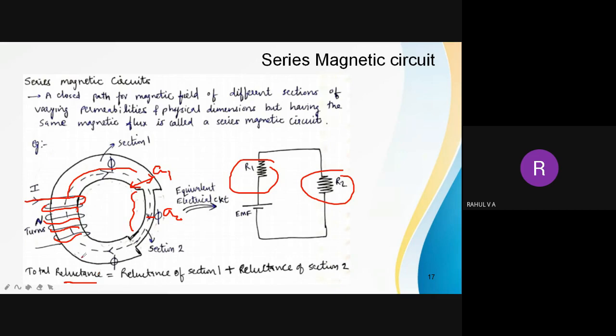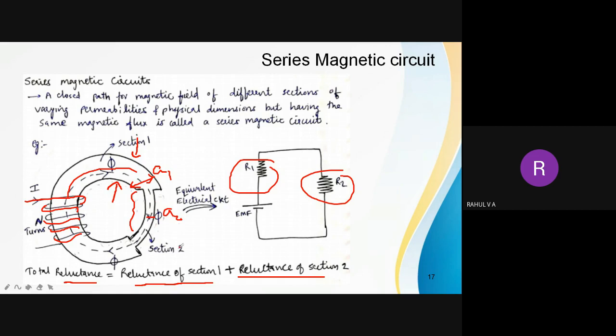So when you are comparing a series magnetic circuit, the total reluctance, that is, what is the meaning of reluctance? Reluctance is opposition to the building up of magnetic flux. Okay, so the total reluctance is equal to the reluctance of section 1. This first section will be opposing the building up of magnetic flux. Then along with that we have to add the reluctance of the second section. This second section also will be opposing the building up of